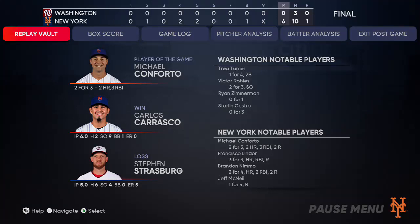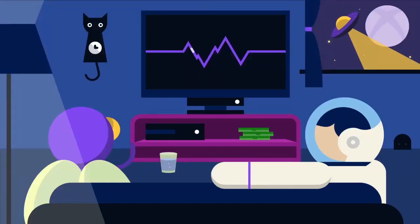The final line score for this afternoon's ball game. For the victorious New York